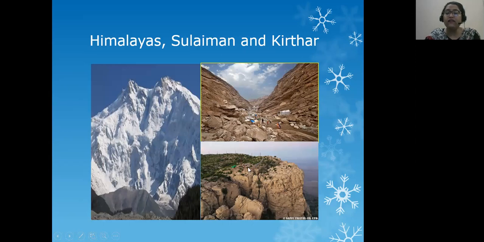You can see very little vegetation. They do not have snow, whereas the Himalayas have snow. You can see this bowl-shaped depression, which is known as a cirque. This is usually formed due to the erosion and slipping of snow.